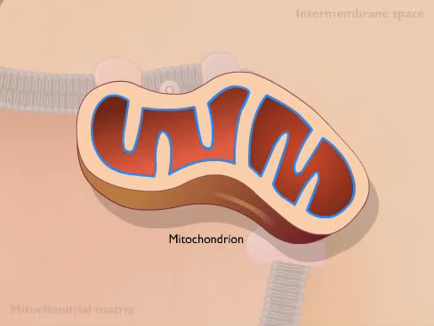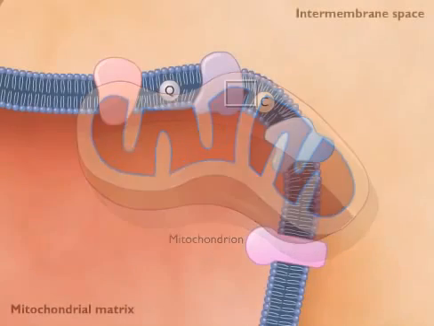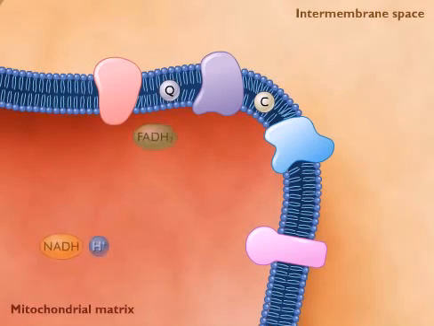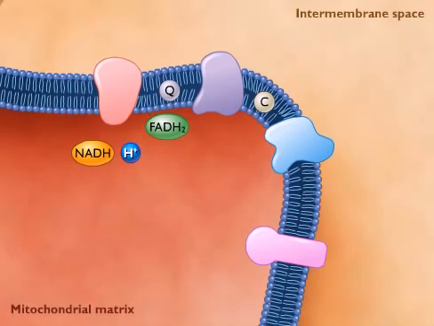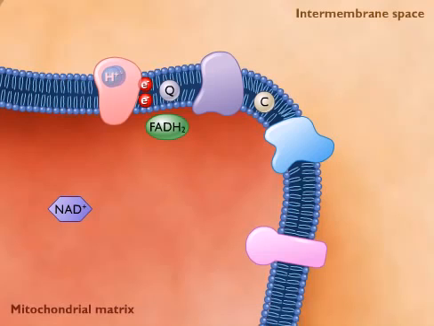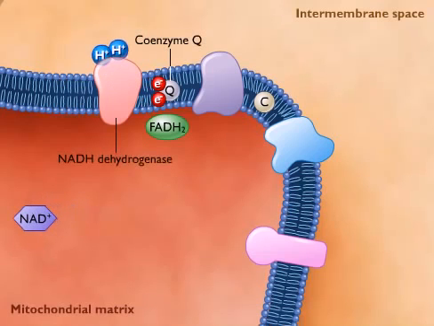In the mitochondrion, the energy stored in NADH is used to generate a proton gradient across the mitochondrial membrane, and the energy of the proton gradient is used to make ATP. When glucose is oxidized during glycolysis and the Krebs cycle, the coenzymes NAD and FAD are reduced to NADH and FADH2. Inside the mitochondrial matrix, the electrons from NADH are transferred to the electron carrier coenzyme Q by NADH dehydrogenase,